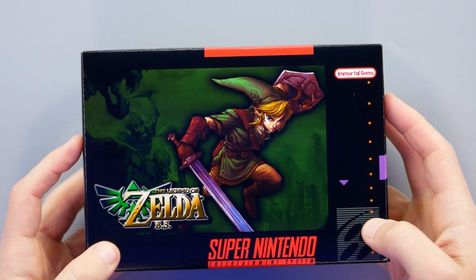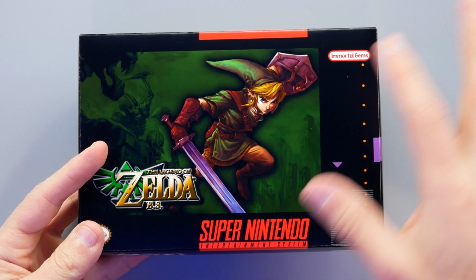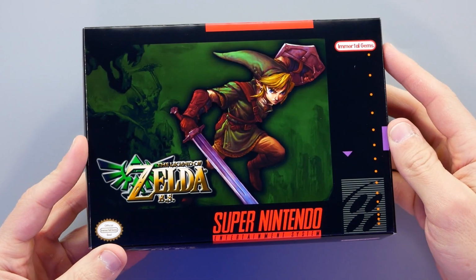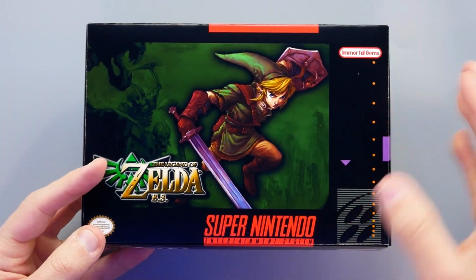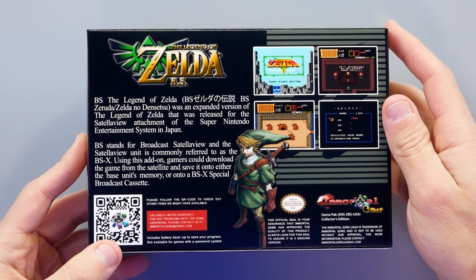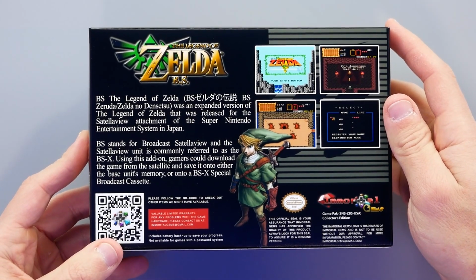Now, these box arts at times are custom done by, I guess, the people who make the cartridges and all that as well, the reproduction carts. Other times, I think it's just box art that's been floating around for a while and they just repurpose and print out. But on the back here, it says BS The Legend of Zelda was an expanded version